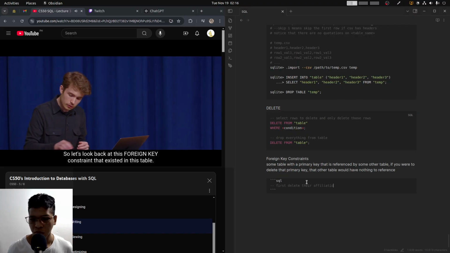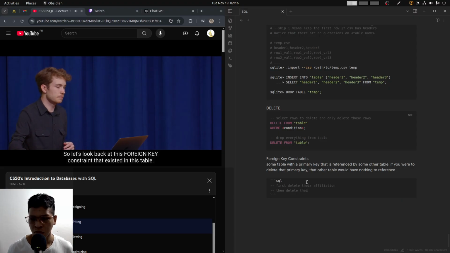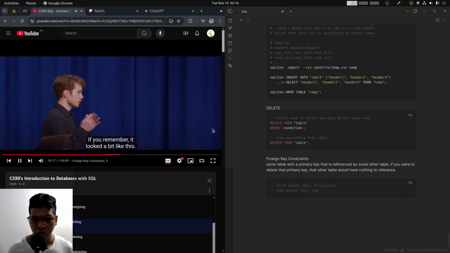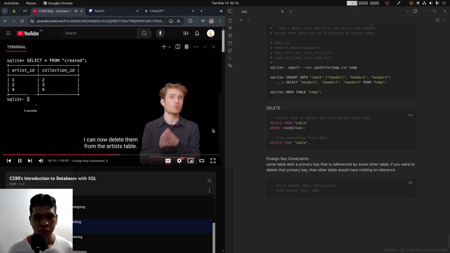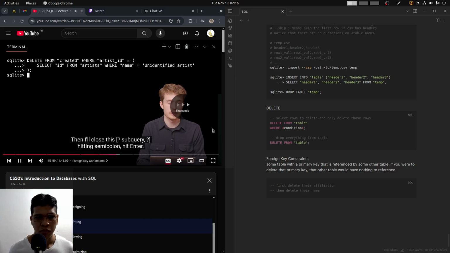So let's look back at this foreign key constraint that existed in this table. If you remember, it looked a bit like, again, two-step if I select artist, enter, and now